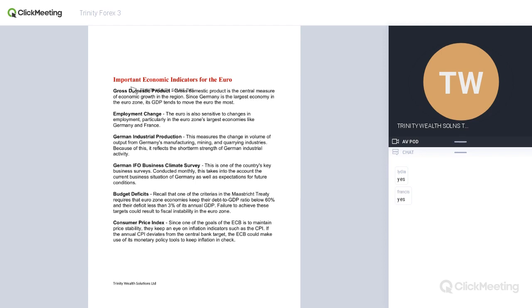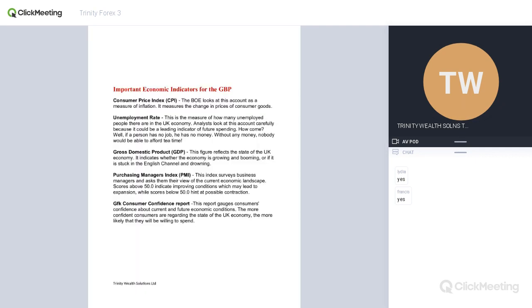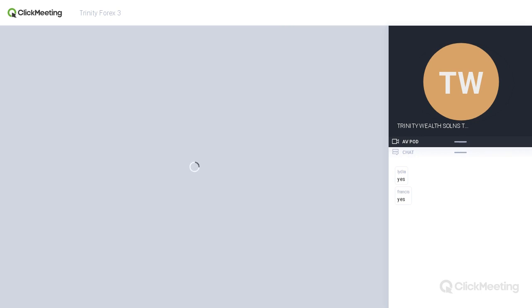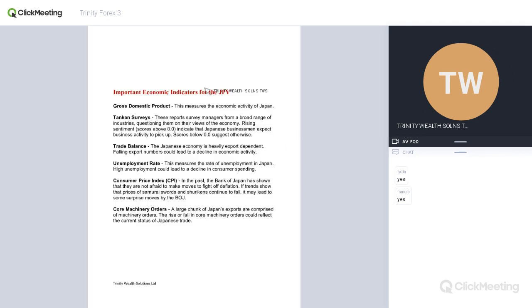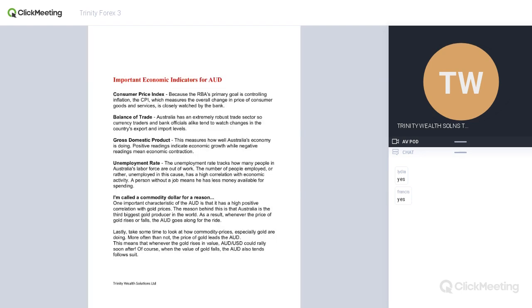That's straightforward. Then we have the important economic indicators for the euro, the key reports. GDP is always there, employment change, all of them. Again, CPI has to be there in all of them. So USD, euro. We have for GBP, again, consumer price index, unemployment rate. This is just straightforward. At your own time, just read through. We have for JPY, Japanese yen, the key reports. CAD, Canadian dollar. We have the AUD,